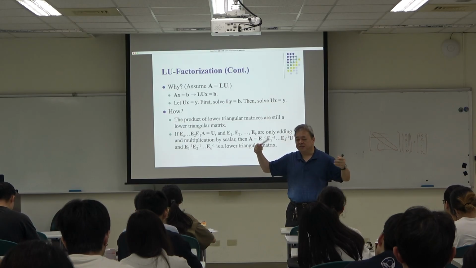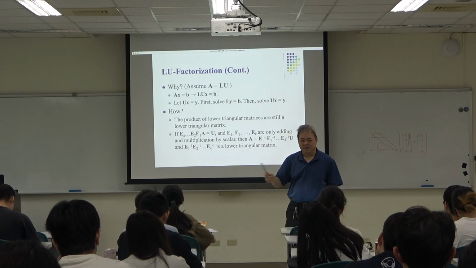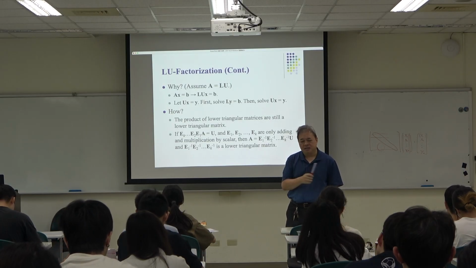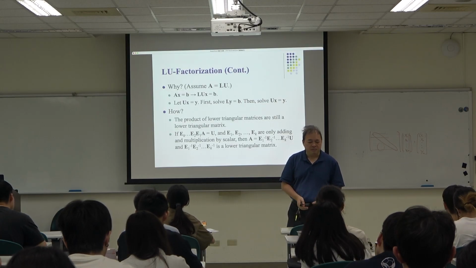Multiplication means you multiply a row by a scalar. And their corresponding elementary matrices are